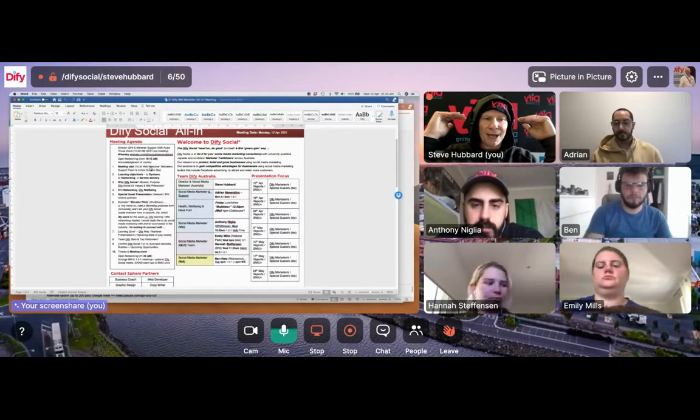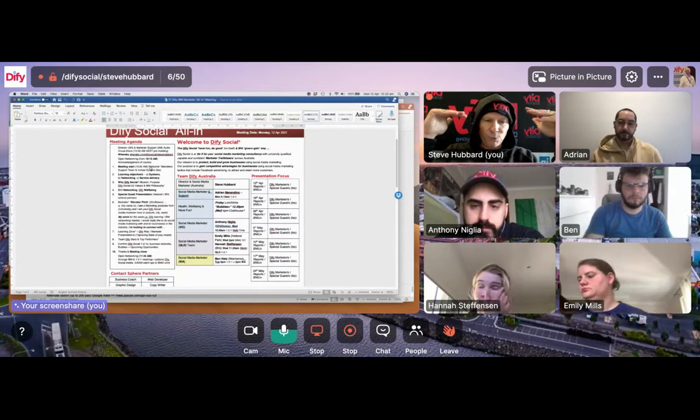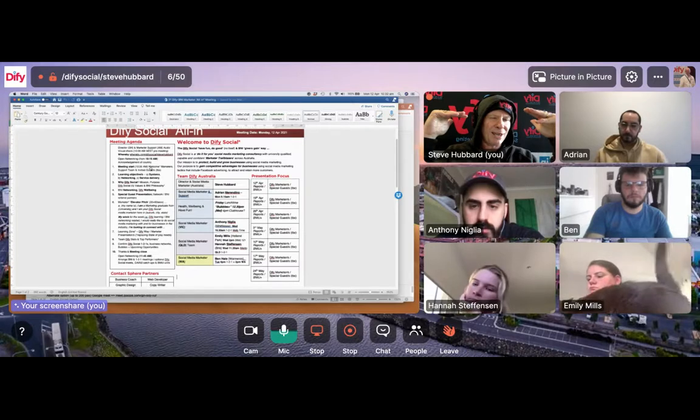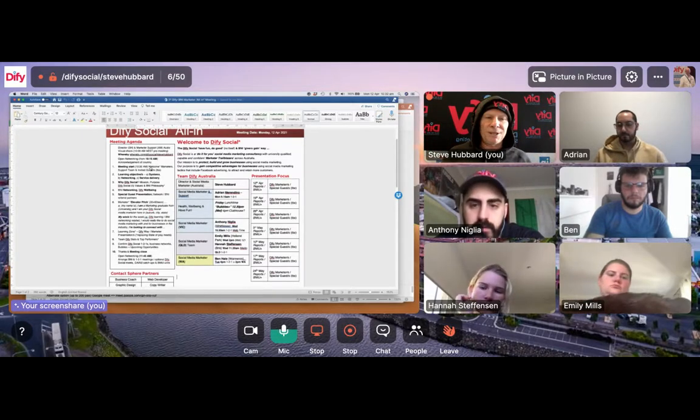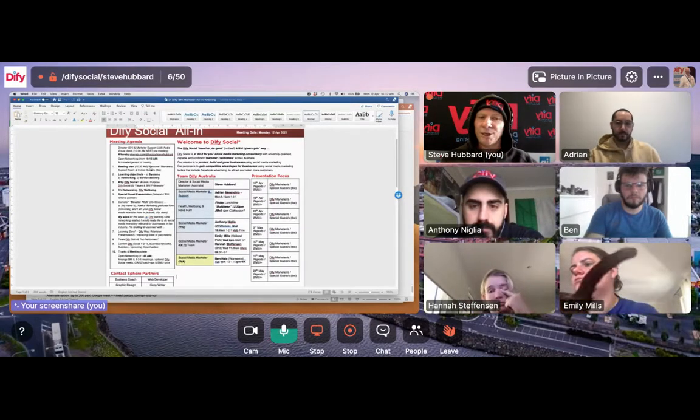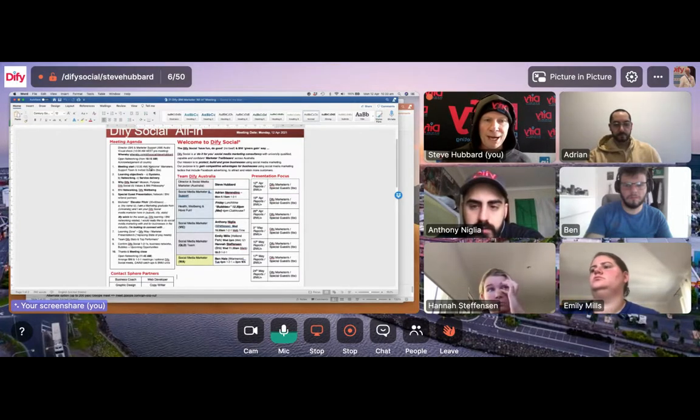Dead easy, right? Basically, you'll just use the same password that we used to use for Hootsuite, if they have a Hootsuite, which most do, other than Adrian, maybe one or two of yours, potentially Anthony, but everybody else, it's going to be the same. You're just going to use the Hootsuite password for Publer now. And then the other video just shows how easy it is to bring on.